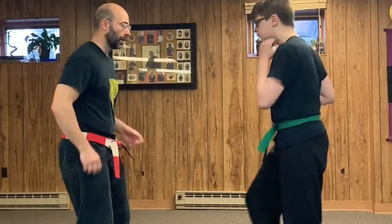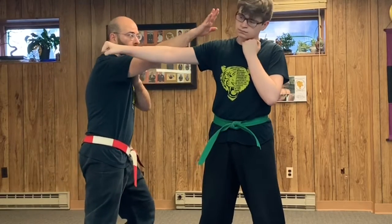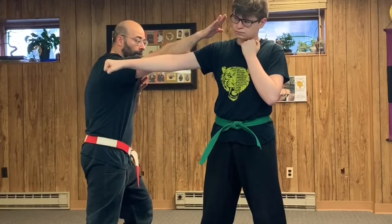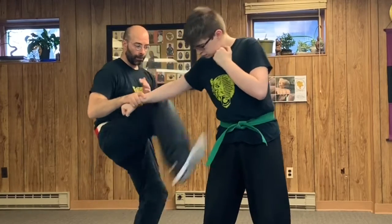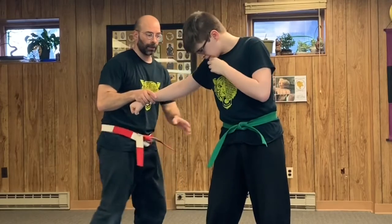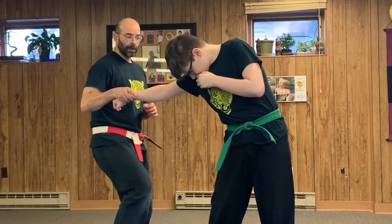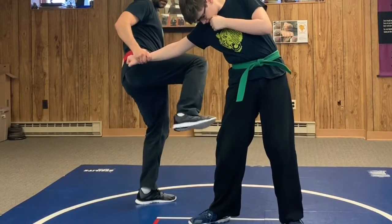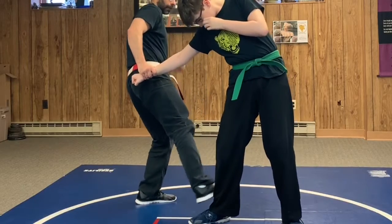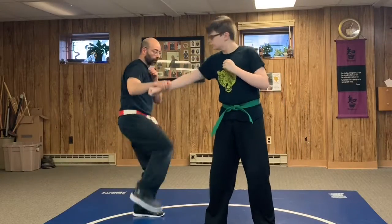So he punches, I move and I parry. I parry at the wrist, go towards the elbow, reaching towards the eyes. Once I continue to make this circle, I'm going to grab, pull, and kick. I can use this for balance, but I can also stretch out his ribs so that I can kick towards those ribs. Once I do my front snap kick, I can drop my side kick to the side of the knee or even to the ankle, using this as control in case that other hand was coming. Okay. 1, 2,